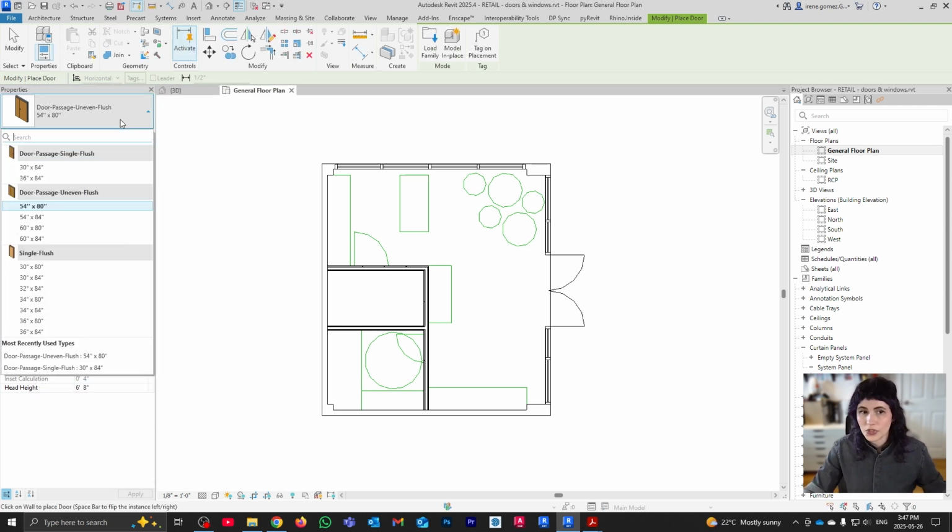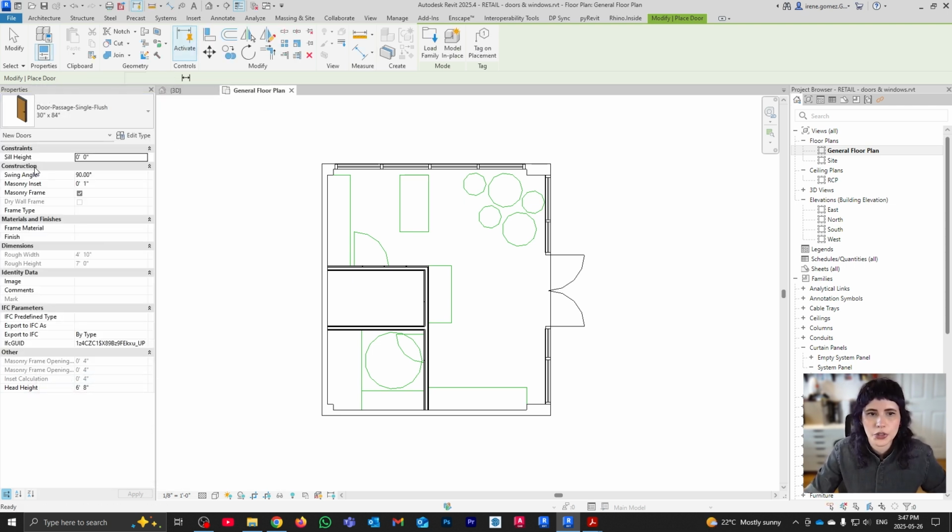Okay. Now, this is where things get interesting. So let's say that I want to put these like the bathroom door. So you're going to see that if I move my cursor into the screen, it's telling me, no, you cannot do it. So this is what we refer to as host-based families. This means that this family cannot be placed on its own. This family has to be placed within some other geometry, within some other family. Okay? And it kind of makes sense because if you think about it,